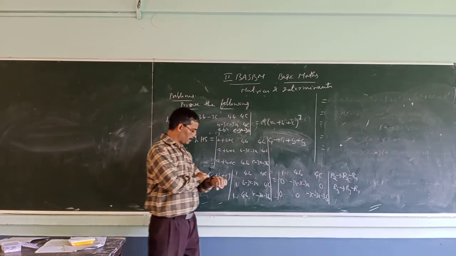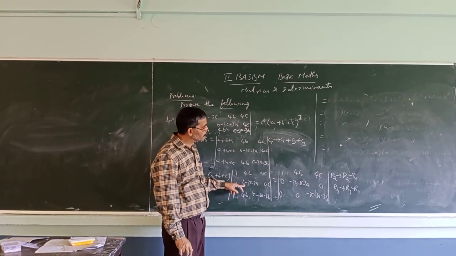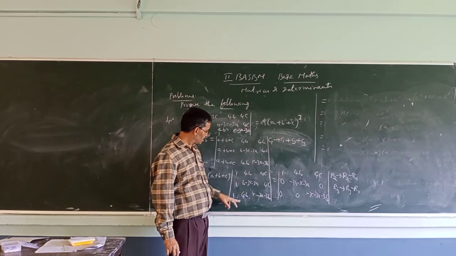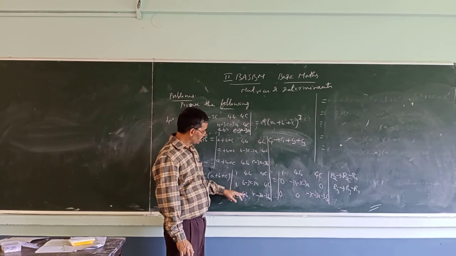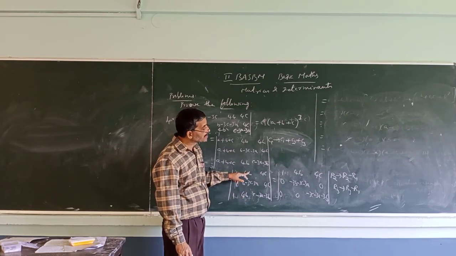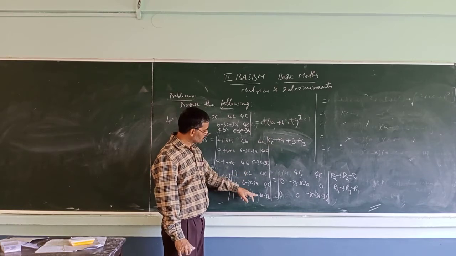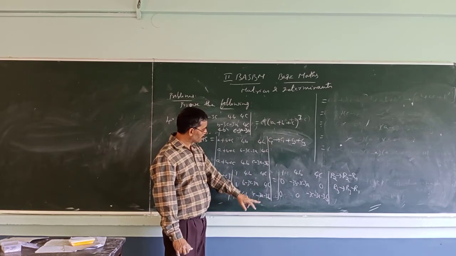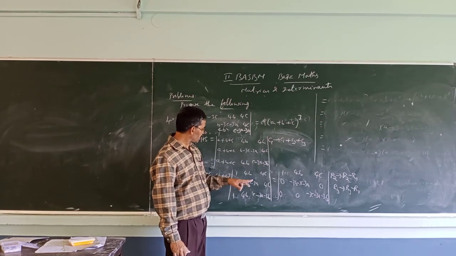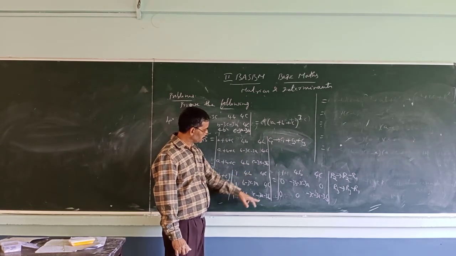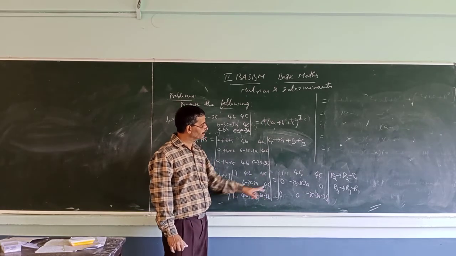R2 minus R1. 1 minus 1. This minus this. So minus 3B we will get. Next, this minus this, 0. Next one. 1 minus 1, 0. 4B minus 4B. R3 minus R1. 1 minus 1, 0. 4B minus 4B, 0. Last one, R3 minus R1. This minus R3 minus R1 means what will happen? Here, C minus 3A minus 3B minus 4C. So minus 3C will be there.